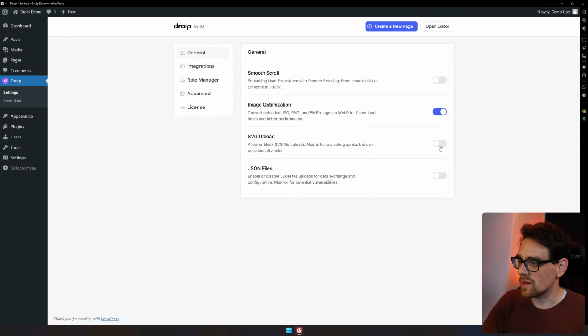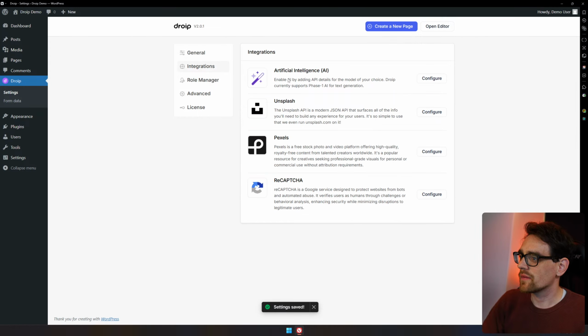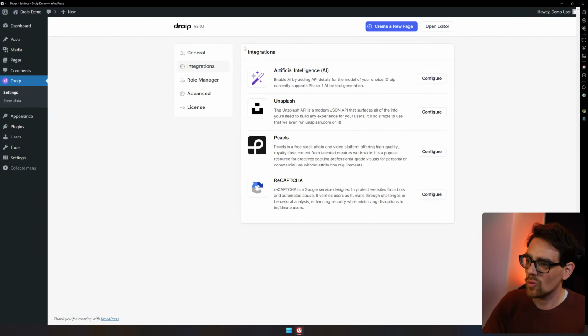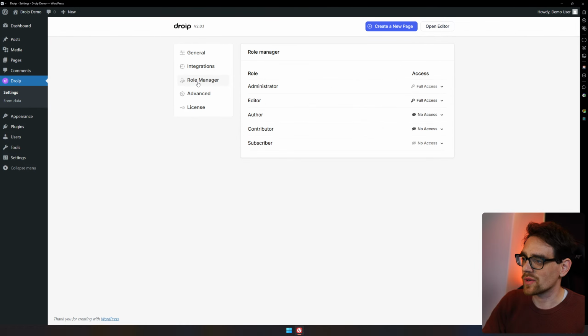We can also enable SVG uploads. We have JSON files. We have all kinds of integrations with AI, Unsplash, Pexels. Nice. It's only supporting an OpenAI API key. I can imagine it would be nice that in the future other tools can be added as well. I mean, Claude is way better if you're also doing the HTML structure. And I guess I can't check out what will be used because I will not be entering my OpenAI